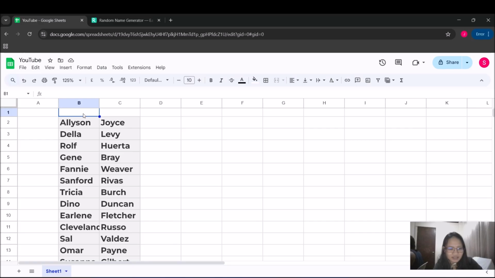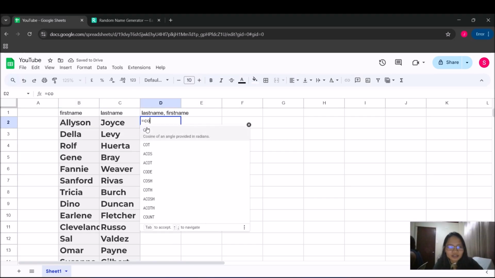So let's say that this is your first name and this is the last name, and you want to combine this one in last name, comma, first name, with or without a space. So here, simply type equal, then concatenate,